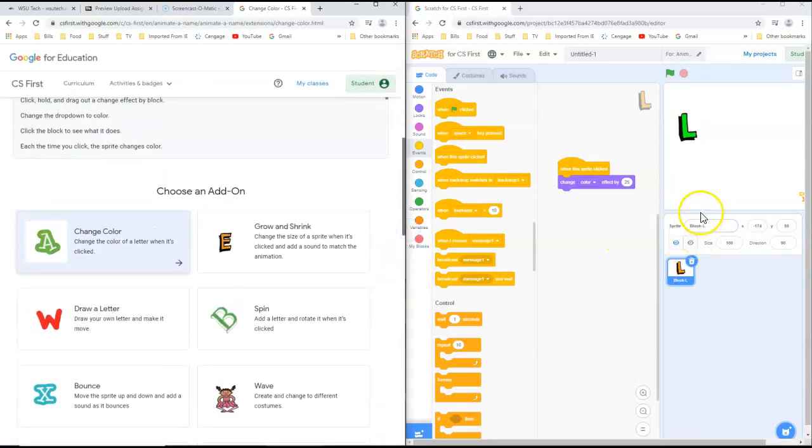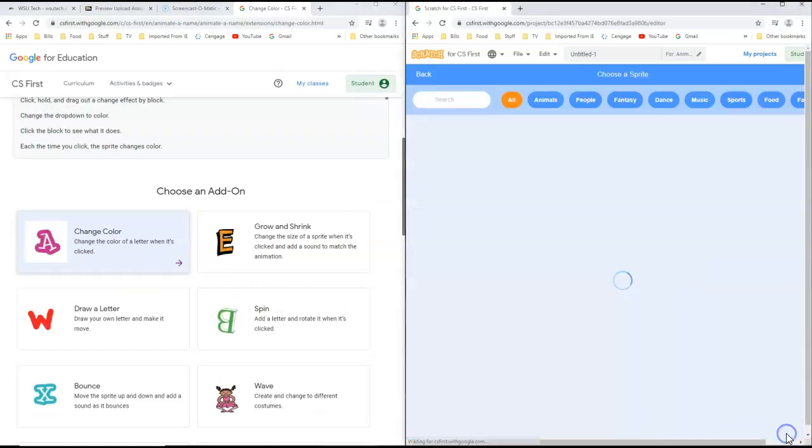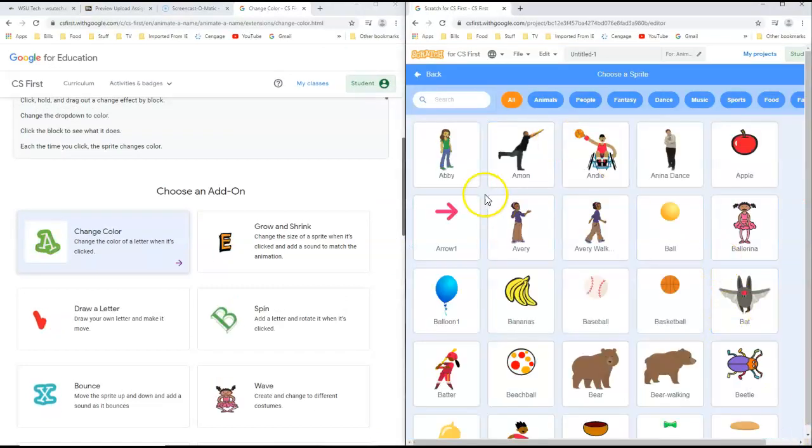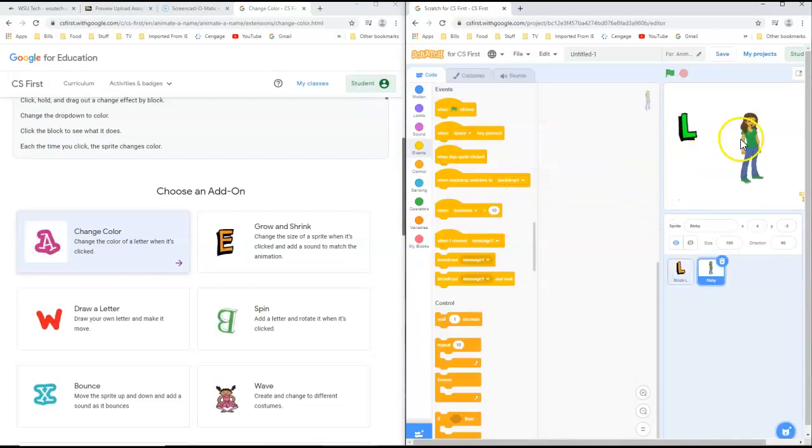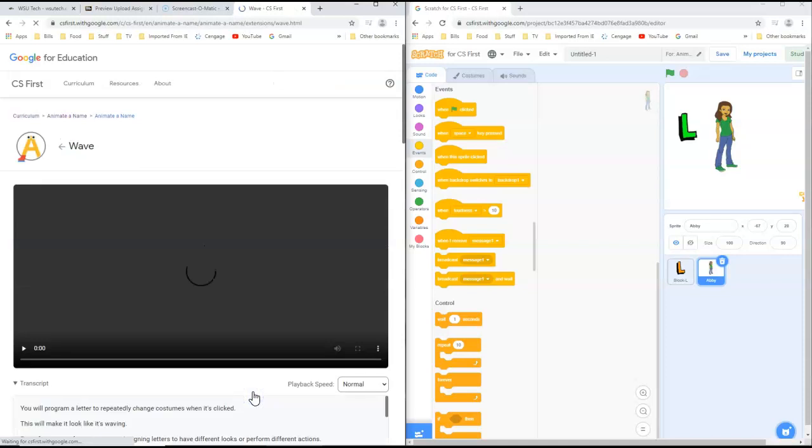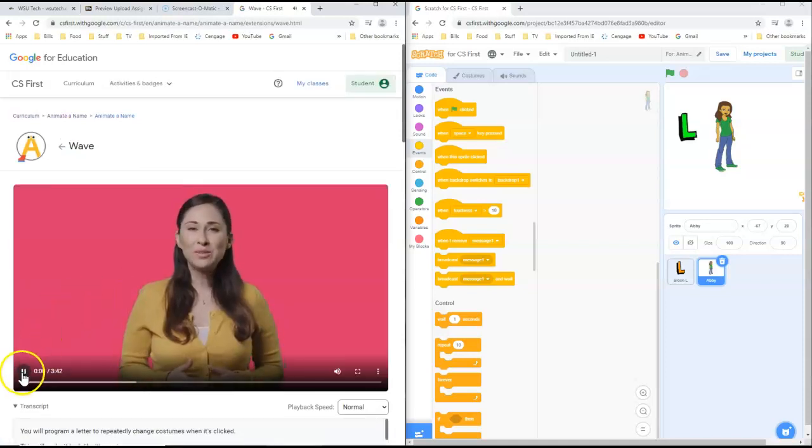So in my case, I've got my name, my next sprite, I'm going to come here with Miss Abby, and I am going to make her change to a different costume. You will program a letter to